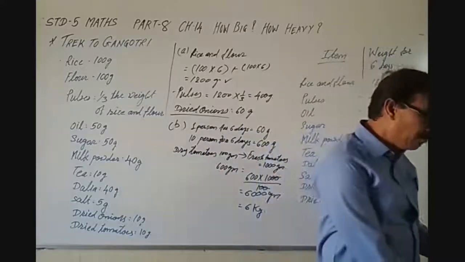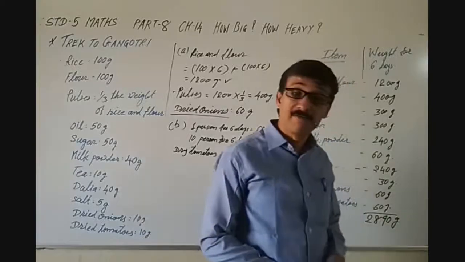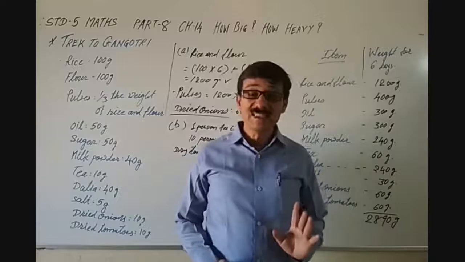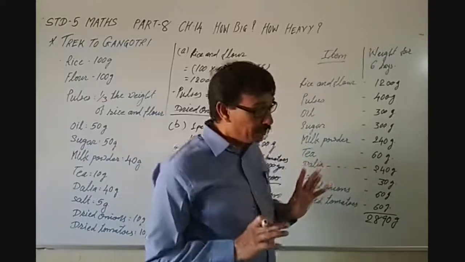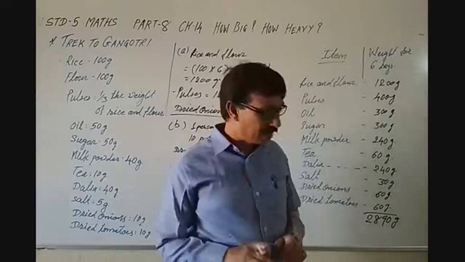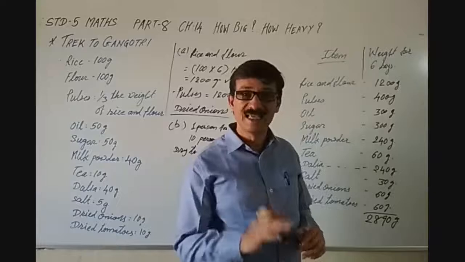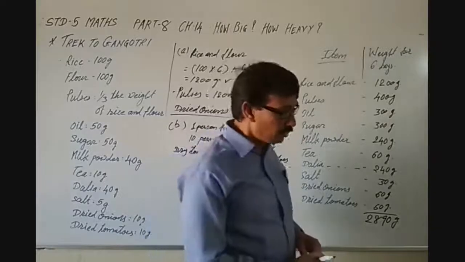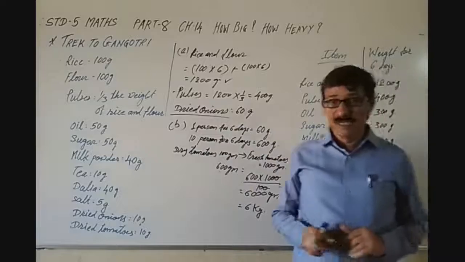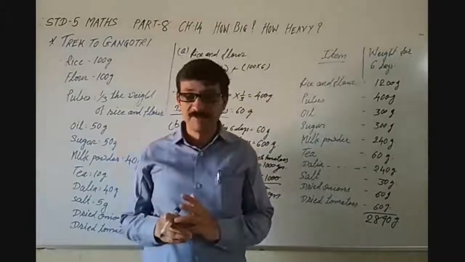So the total weight for food in each person's bag will be 2,890 gram. That is 2 kilogram and 890 gram. So it is around less than 3 kilos, something like that. Okay, so with this we are ending this part, and do this activity, try to solve all this by yourself,